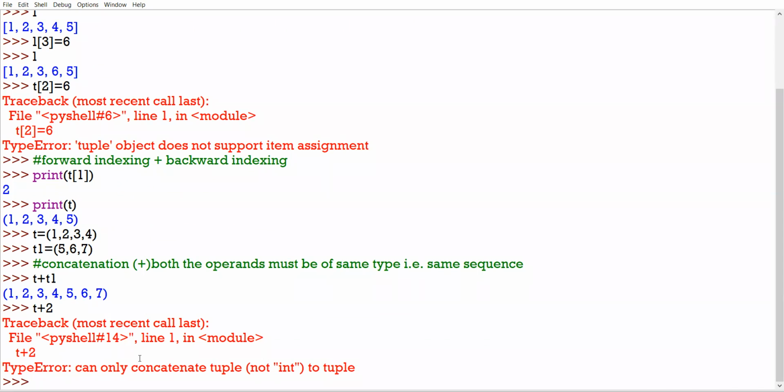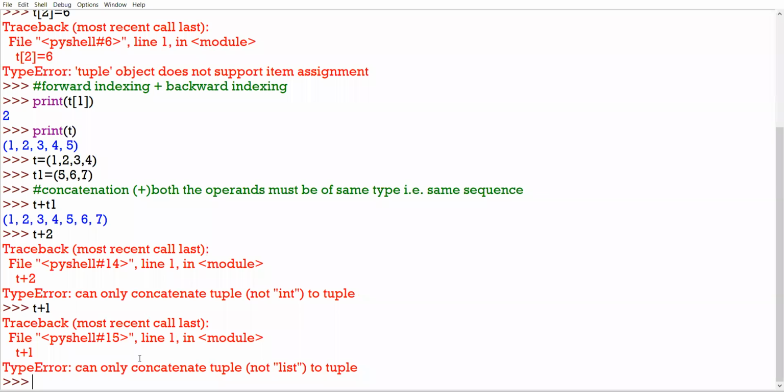Then secondly, you try to concatenate tuple with the list. That is also not possible because both the operands are not of the same type. The same rule applies to strings. The same rule applies to list. Am I clear to all up till here?